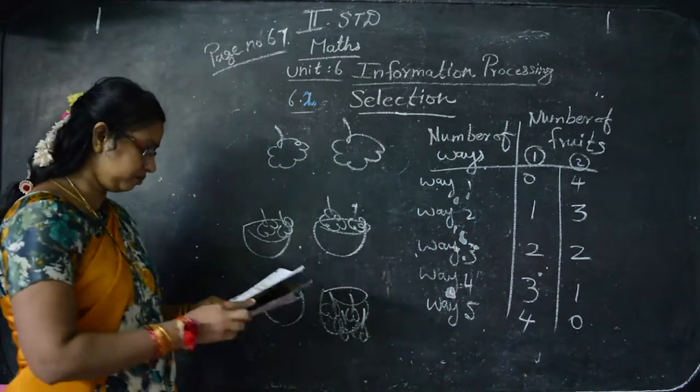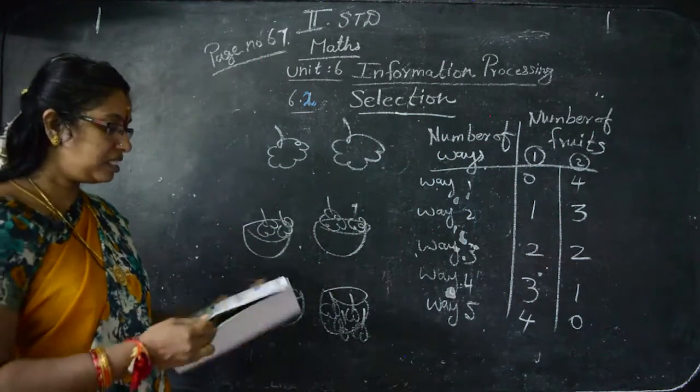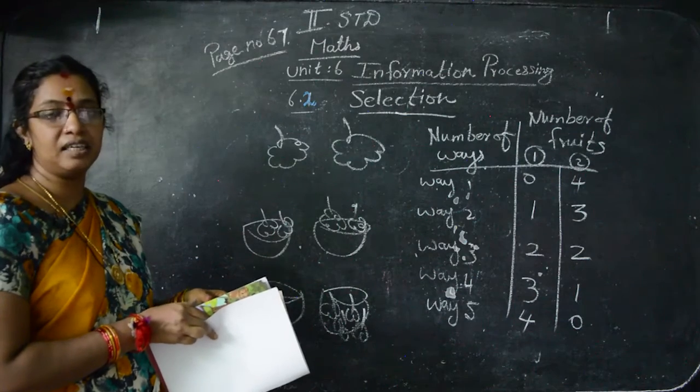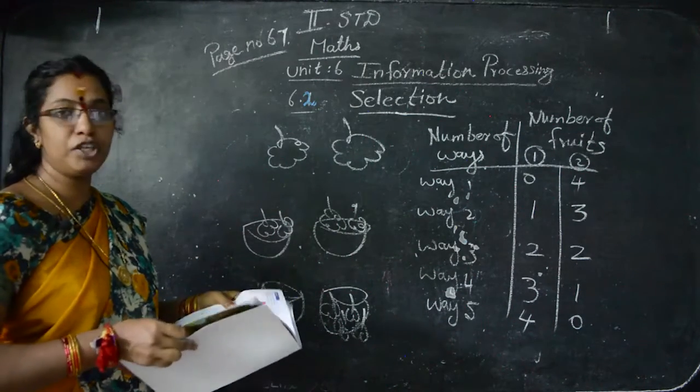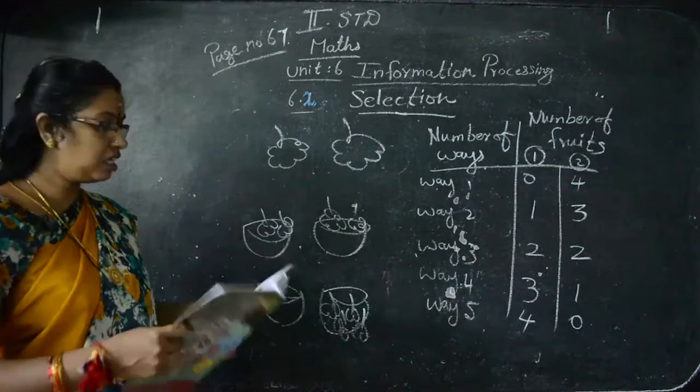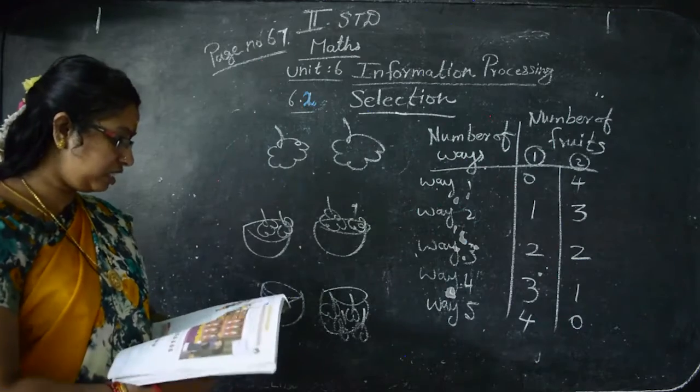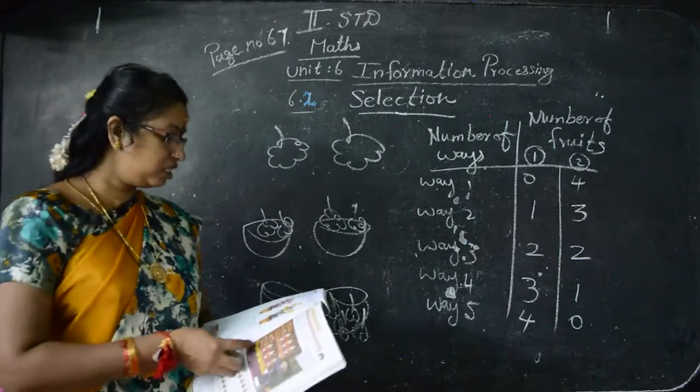Okay children, then this is selection. We are going to select in how many baskets, how we are going to put how many fruits. That is called selection. Now we are going to see in the same way,